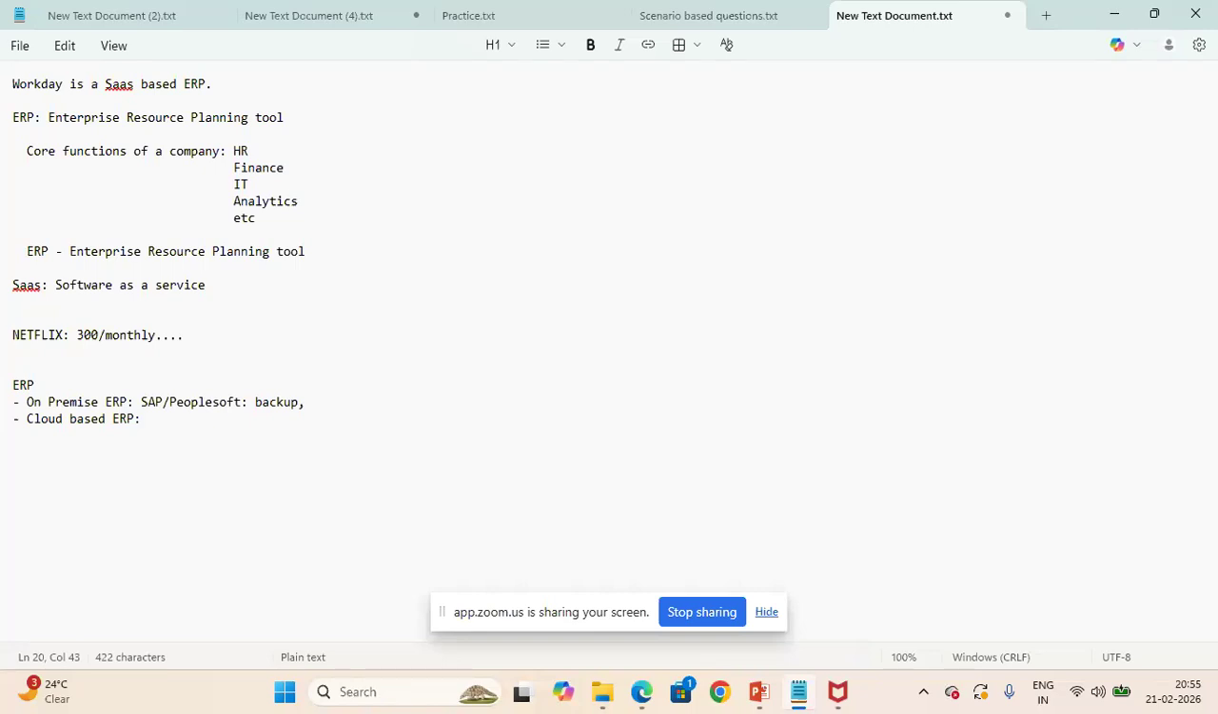So similarly, when the companies are using an on premise ERP, that means they need to incur certain costs. They need to buy the license. License from whom? License from the ERP vendor from which they are using it. So this is a cost for the company. Then what else,